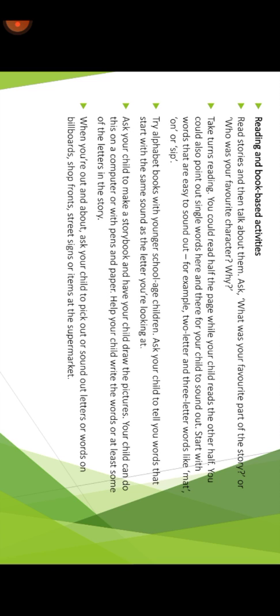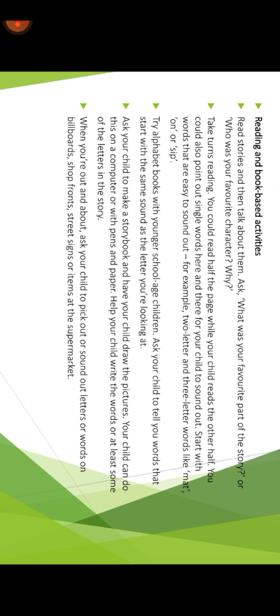Okay. Start with the words that are easy to sound out. So for example, 2 letters lang. Like this one, math. 3 words naman ni siya. So kung 2 letters, on or sip, or kung 3 letters, bat, simple words lang, on, in, and pag 3 letters na siya, himo naman siyang word, no? So that is a mat, a bat, and ana.